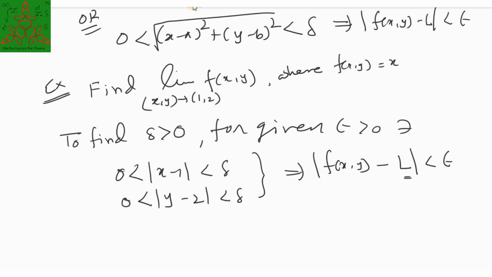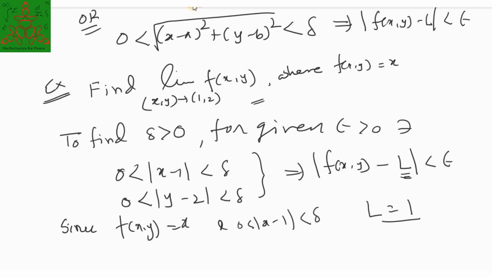So first we guess whether this limit exists or not. Suppose, if possible, the value of that limit is L. Since you have f(x, y) is x and mod of x minus 1 is less than delta, it is obvious to take your L